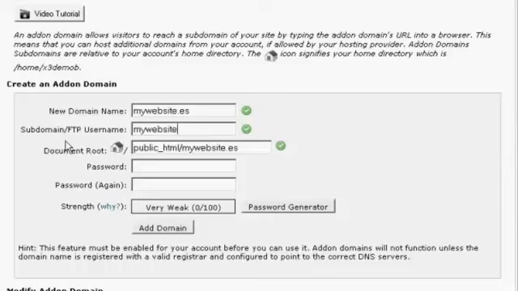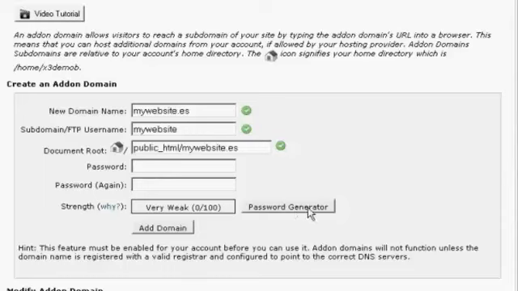So the subdomain is going to be mywebsite, and the document root is going to be public_html/mywebsite.es. You need to type in your password, so let's just put that in,